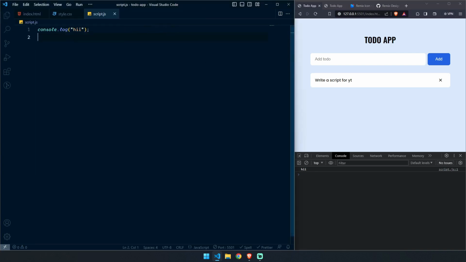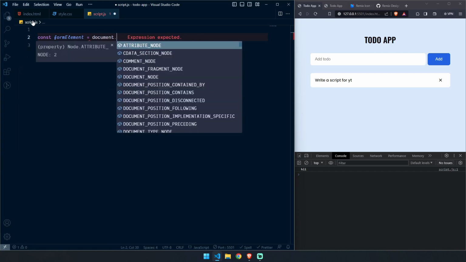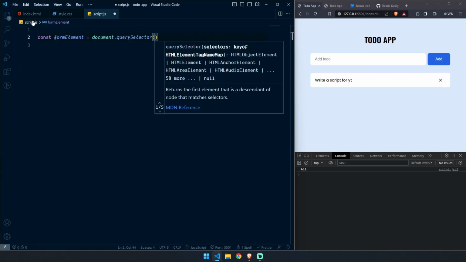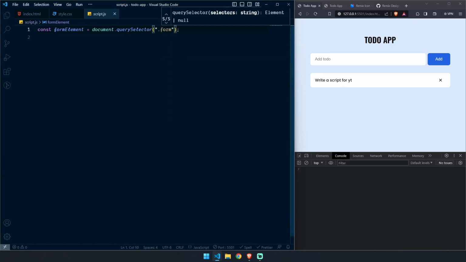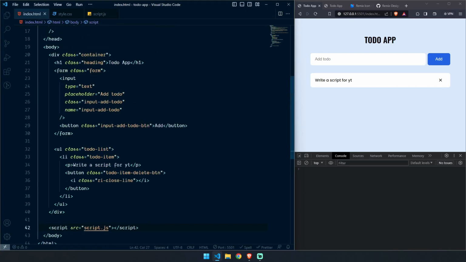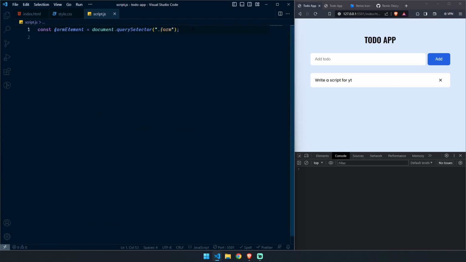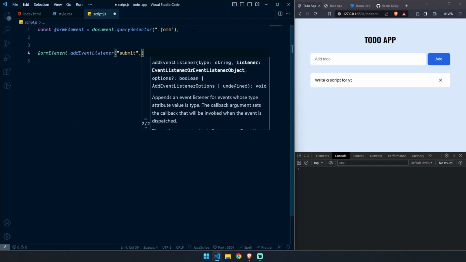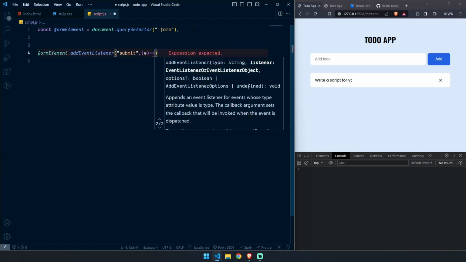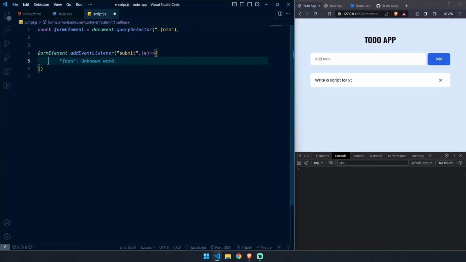So let's first select a form element. So const form element equal to document.querySelector, and you can select by ID or class, whatever. I am giving form. This is the name of our class, as you can see here. Form class name is form. So now we have selected our form element, and we need to add an event listener to it. So form.addEventListener, and whenever we submit the form we receive the callback, that is the event,